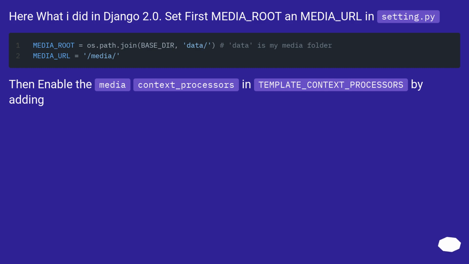Here is what I did in Django 2.0. Set first MEDIA_ROOT and MEDIA_URL in settings.py. Then enable the media context processor in TEMPLATE_CONTEXT_PROCESSORS by adding